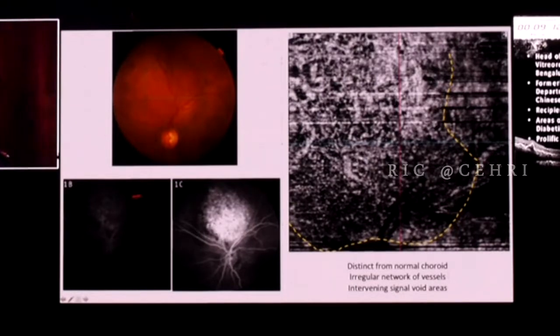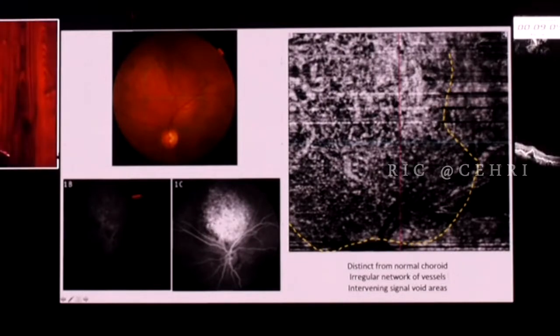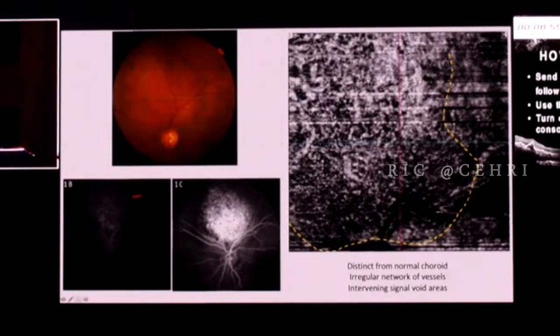What the fluorescein angiogram does not show is the type of vessels which are within the hemangioma, because it starts to leak pretty early. And if you were to do OCTA, you can see what all we can see. We can distinctly make out that the tumor circulation is different from the choroidal circulation. So this is the choroidal circulation, this is the tumor circulation. And there may be some signal void areas, but for most areas you will be seeing these hyperreflective lesions. And in between you may see these signal void areas.